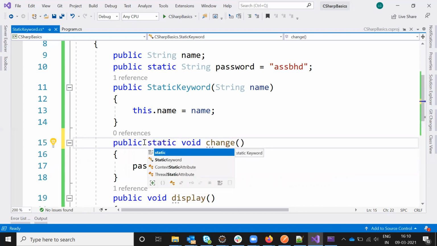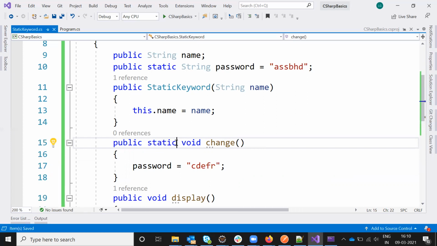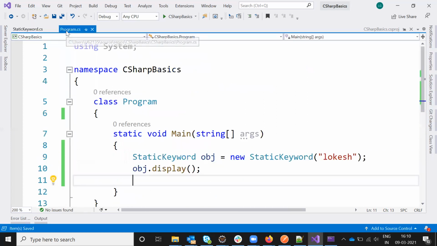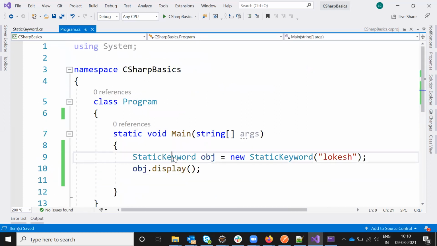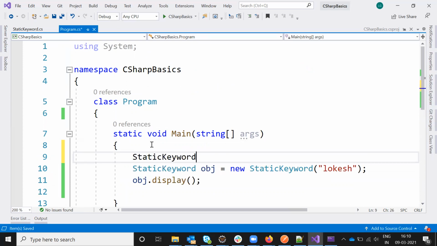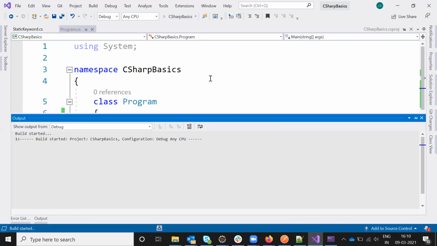Static, and before the creation of this one, Change is the method. Just I use Change. That password will change because we need to access that method, right?